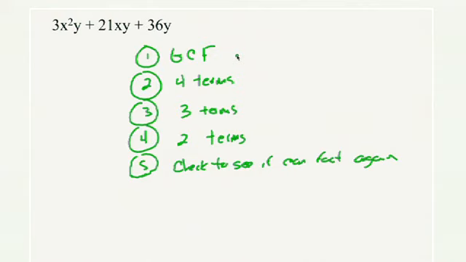Right. Now, when you count the number of terms, Rule 2 is when you see 4 terms, you should immediately think of the grouping method. Group the first 2, the last 2, and then go from there. That's right. If you have a problem with 4 terms, the only method we've shown you to factor it is the factoring by grouping method. Right. So if you see 4 terms, it has to be that type of problem. Otherwise, you wouldn't know how to do it.